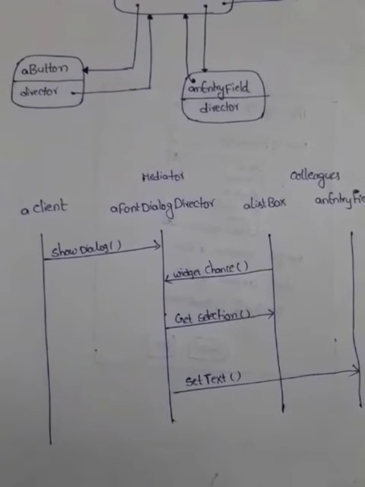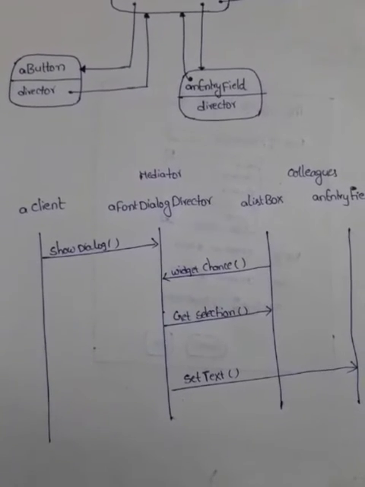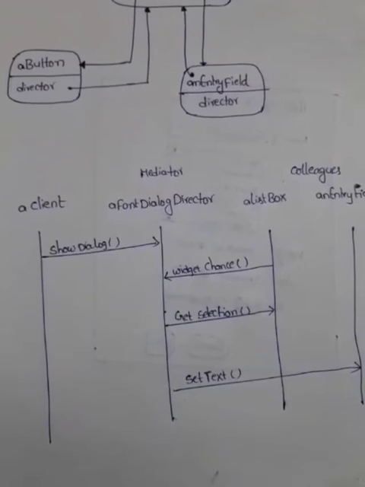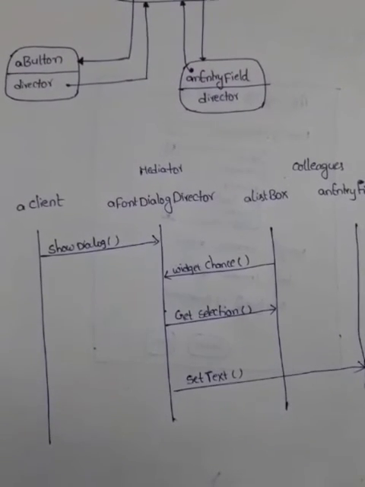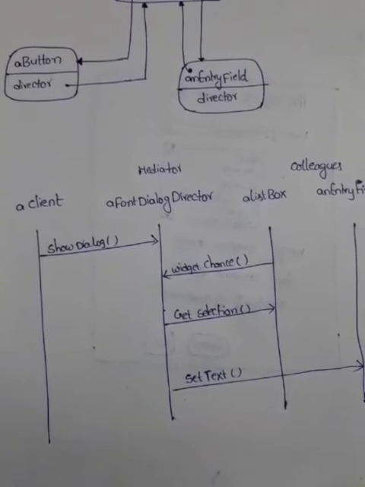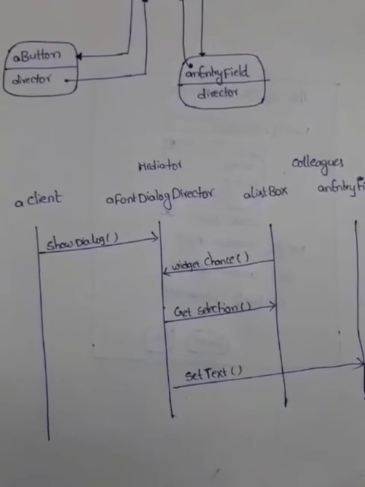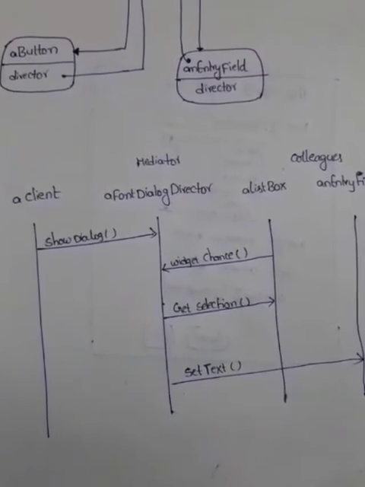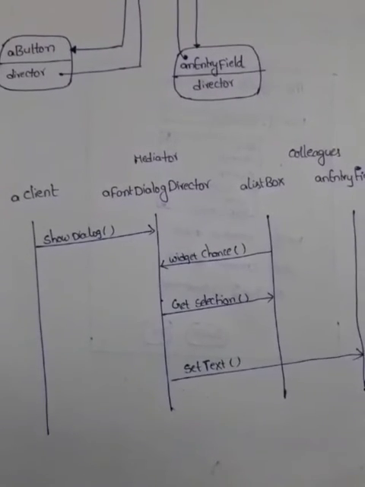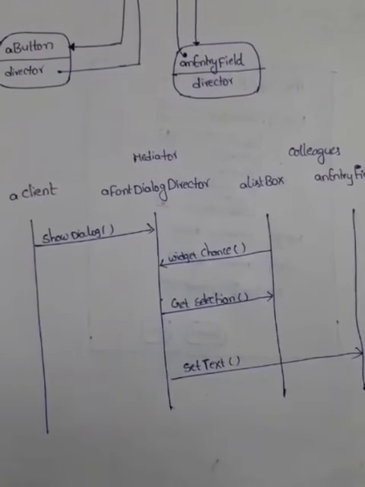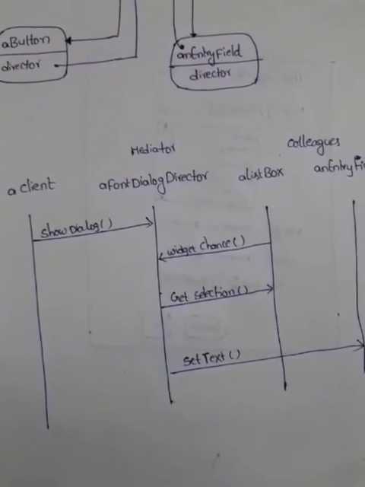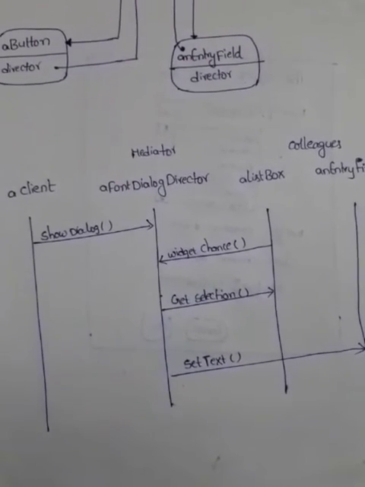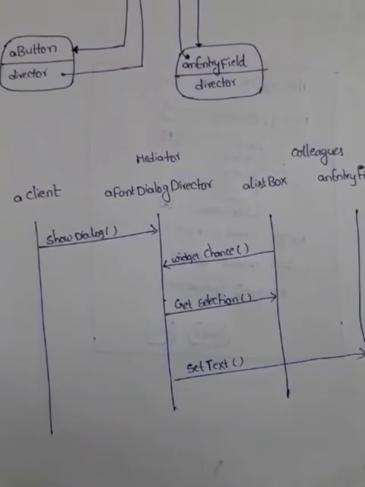Let us see how the director mediates between the list box and the entry field. The widgets communicate with each other only indirectly through the director. Then they do not have to know about each other, all they know is the director. Because the behavior is localized in one class, it can be changed or replaced by extending or replacing this class.